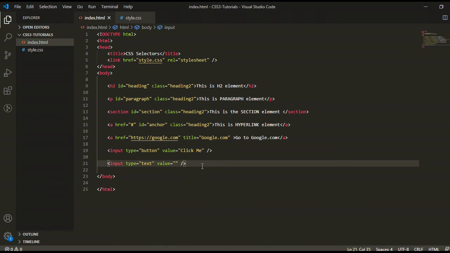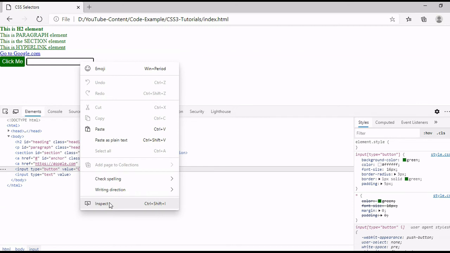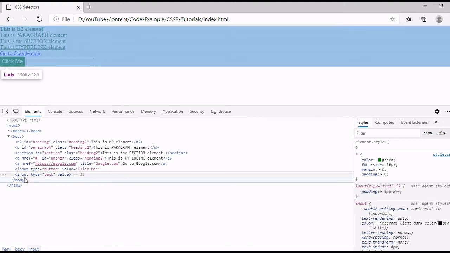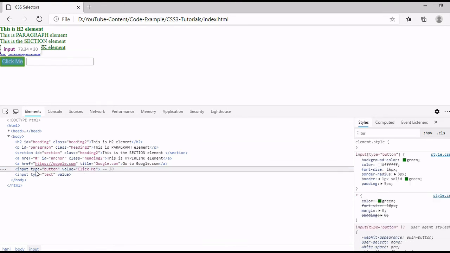So let's see. Now here you can see this is also an input type element, but our CSS has not been applied on this element because we have written the CSS rules for a specific type attribute with the value button.